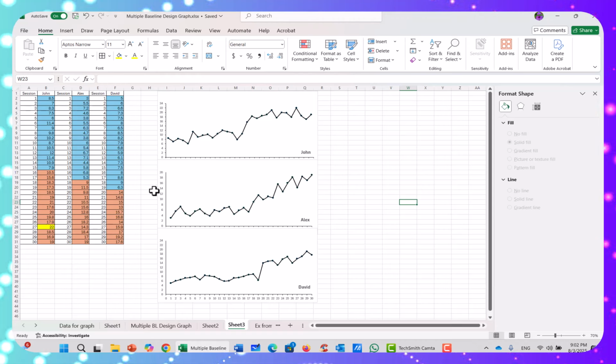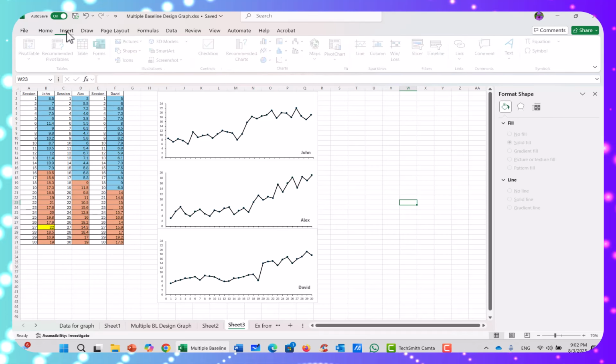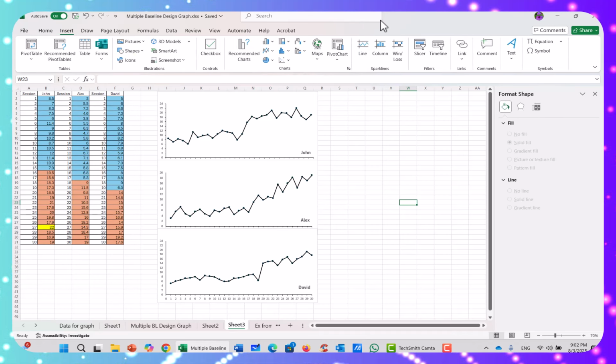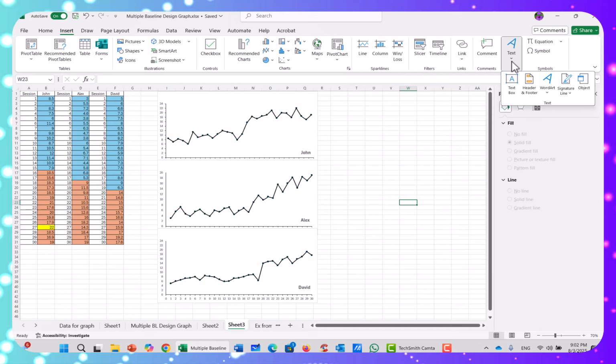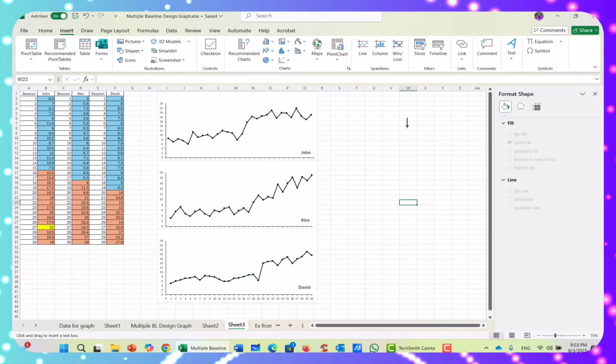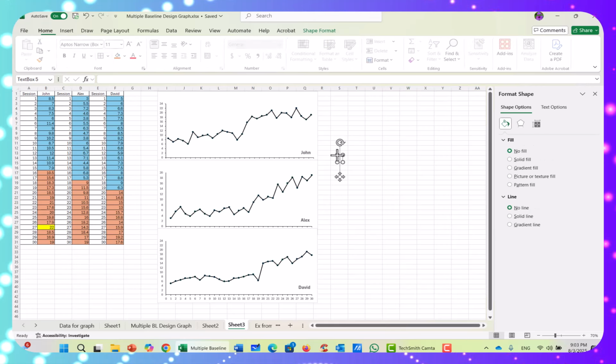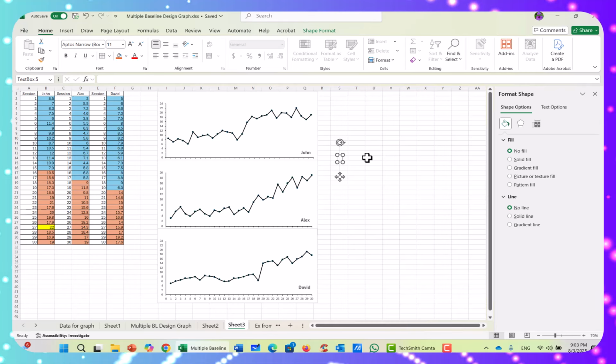Okay, so let's put the axis titles, for vertical as well as horizontal. What we'll do is insert here from the ribbon. We're going to go into insert text. When you want to insert text, they give you different options, but we'll pick text box. So I'm going to pick that, and I can put it right there and I will have the title